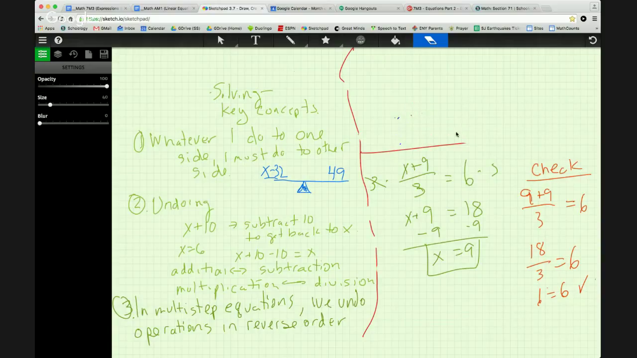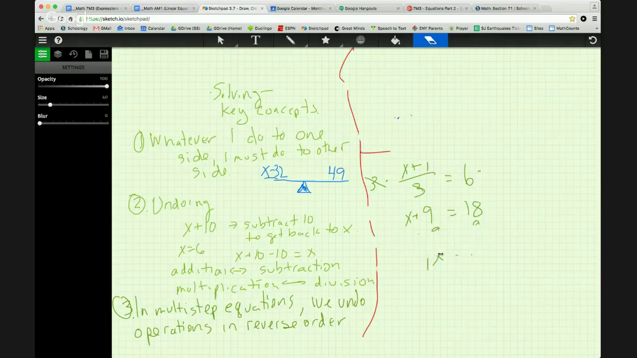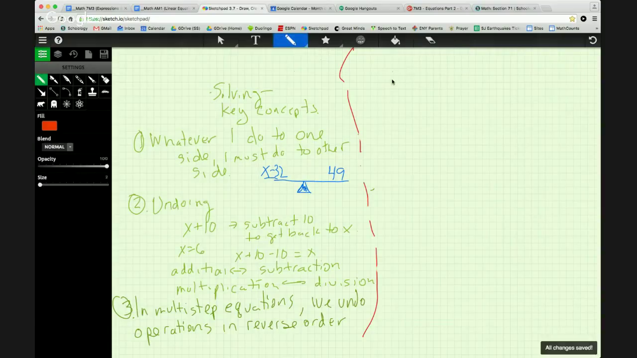Now, I'm going to do one more problem, and this one's going to be advanced. We're just going to do an advanced version that's going to be like a 4-step. We're just going to go crazy. And I want to show you that this operation still works. So we're going to say 3 times (x + 2) minus 5, watch this, divided by